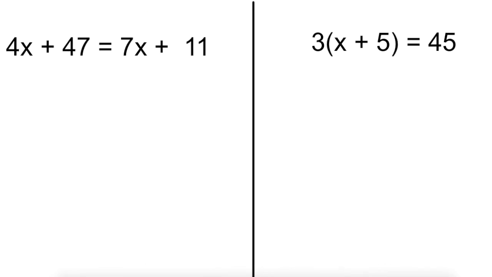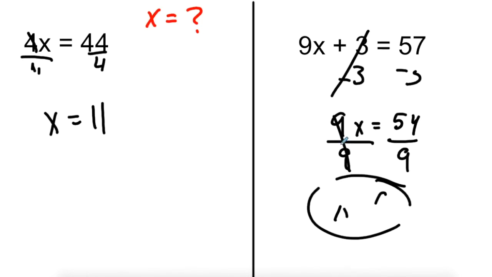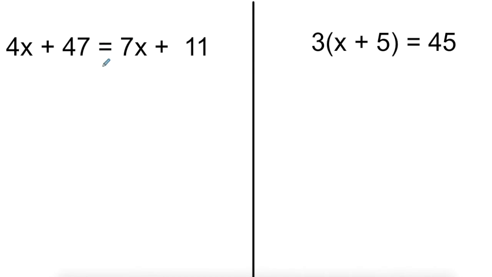Now, in this example, it's a little bit longer and there are a few more operations. And again, your goal is to get your variables on one side and your constants on the other side of your equation. So at the end, you can use division to figure out your value for your variable. So what I'll be doing here is I want to get rid of the constants on the right side of my equation. So in this case, what I'll be doing is I'll be subtracting both sides by 11, and